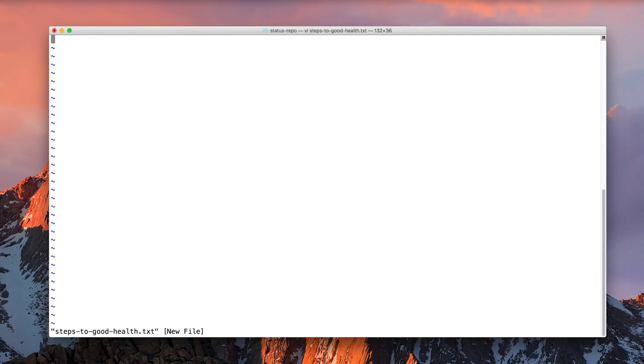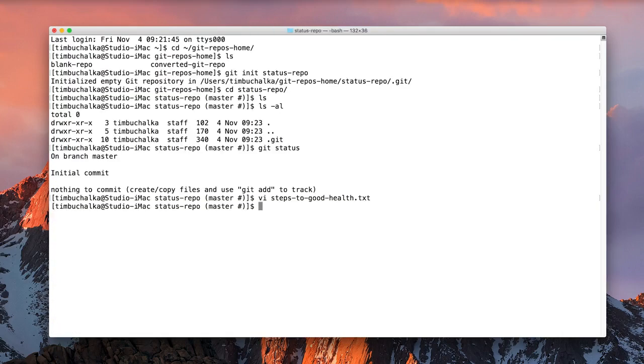health.txt. I'm going to press i in there. Eat healthy food, exercise often. I'll keep it really, really simple here. I'm going to press escape, then :x to save the file. Got the one file there. And now if I type in git status again,